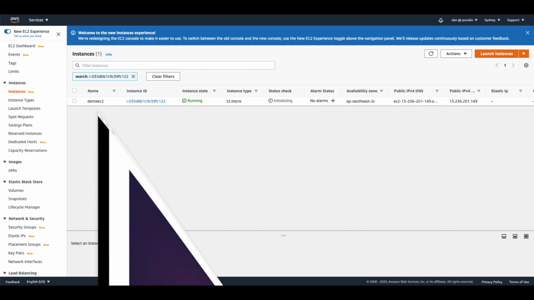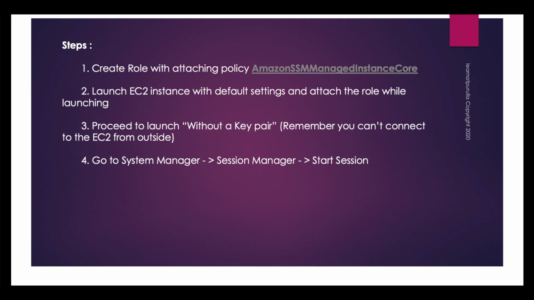So let's just have a revision of what we have done. We have created a role with the policy Amazon SSM managed instance core, and then we have launched the EC2 instance with the default settings, and we have attached the role, and then we have launched the instance without any key pair. And then we'll go to System Manager. In Session Manager we start a session,